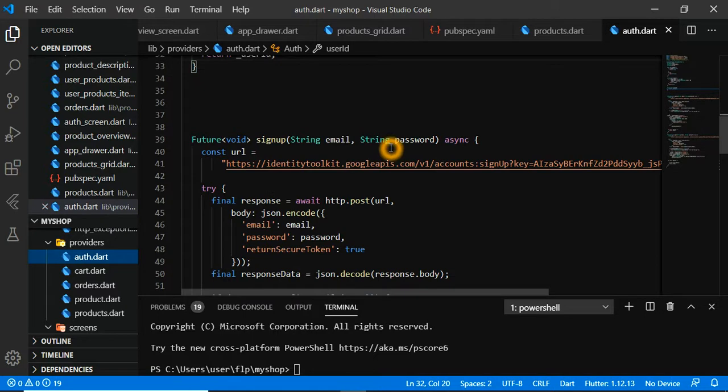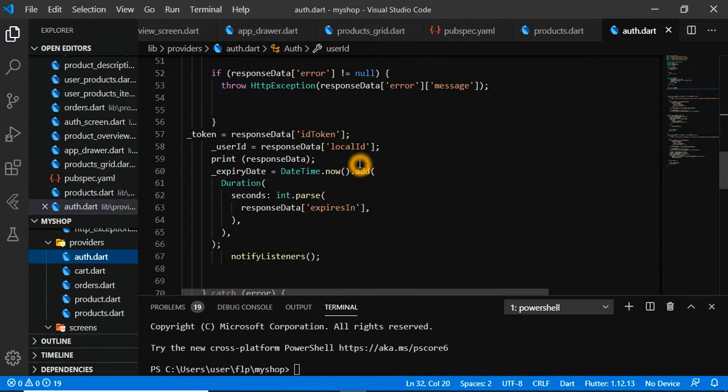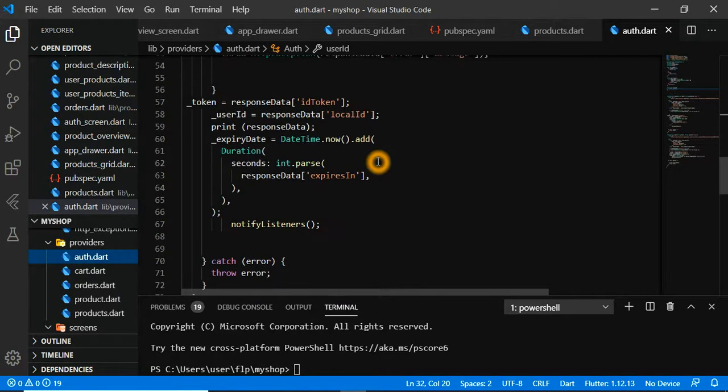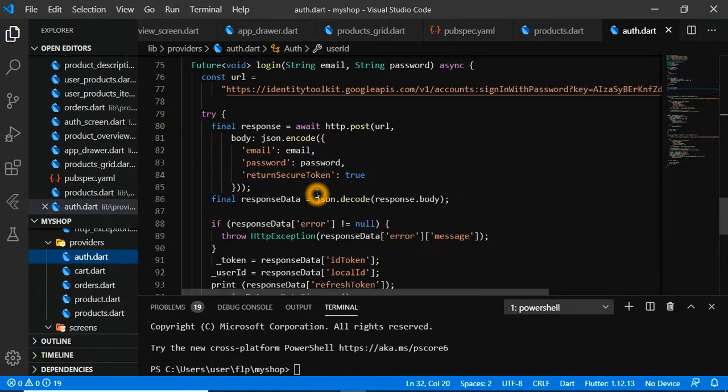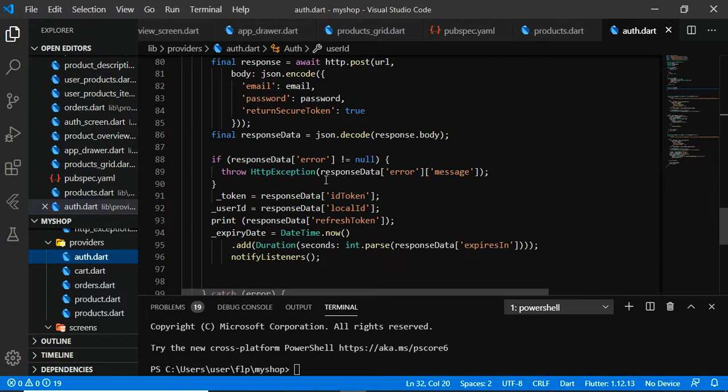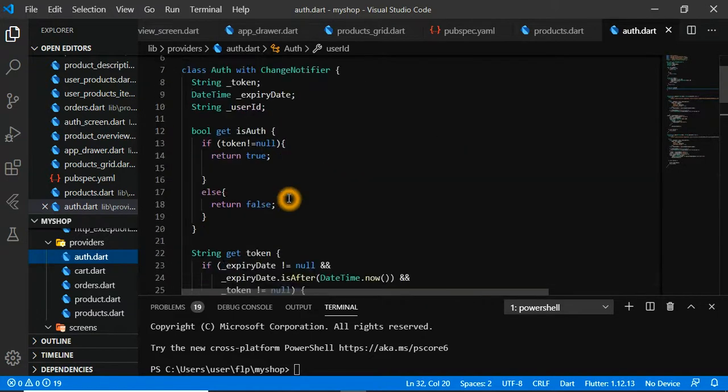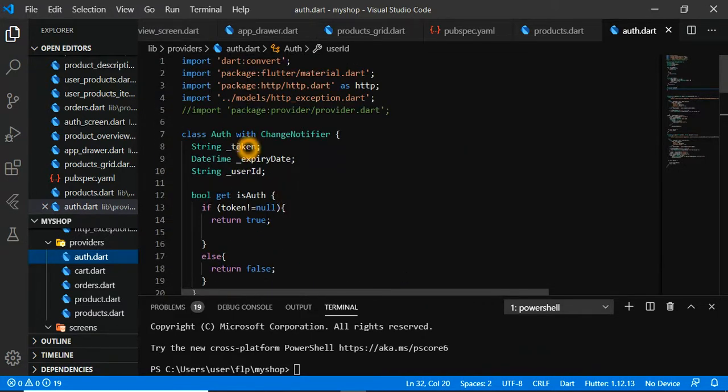You can see these are some methods for sign up, and these are for login. Response data is just the JSON I am getting. The main thing is that you should not be concerned about these details. The main thing is that somehow you get these things in your auth file, or the file through which you want to transfer data to another provider.